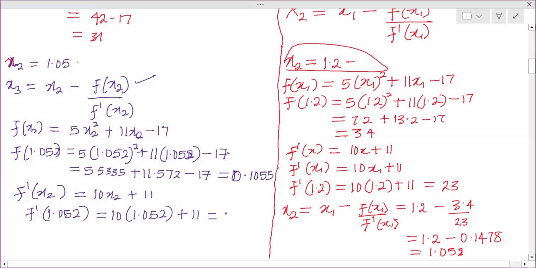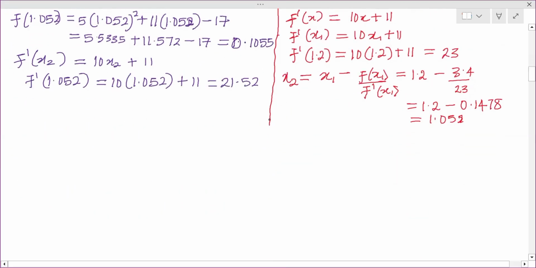When you do that, you are going to have 21.52. Then you can now go back to the formula x3 equal to x2 minus f of x2 all over